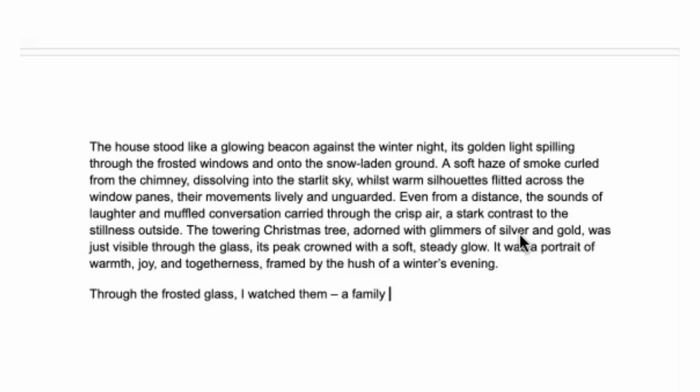Let's put a family wrapped in warmth and joy. A bit of personification there. Let's describe the children first. So, three children